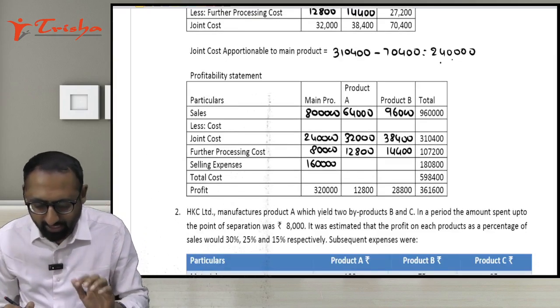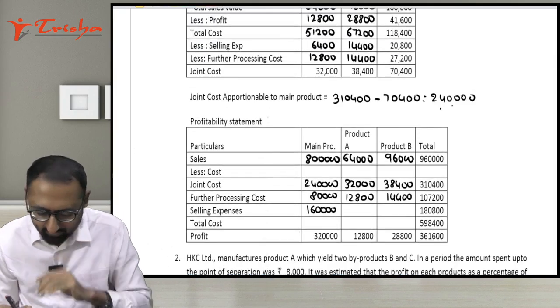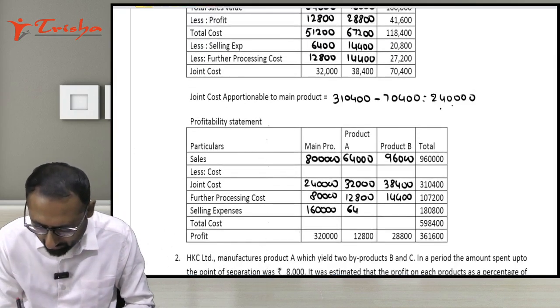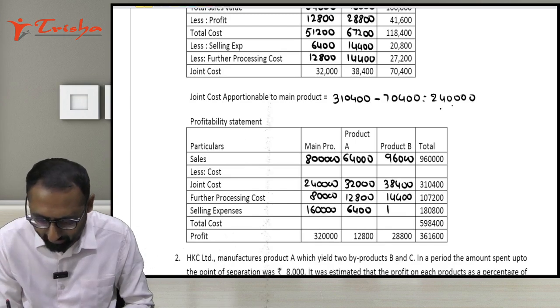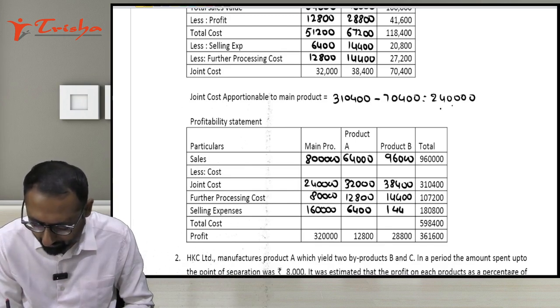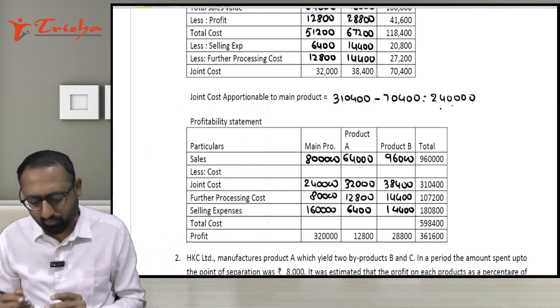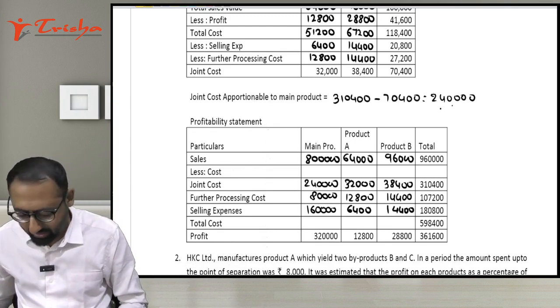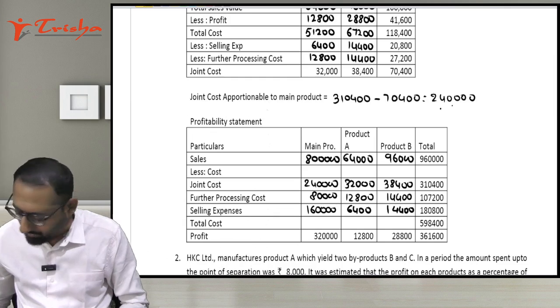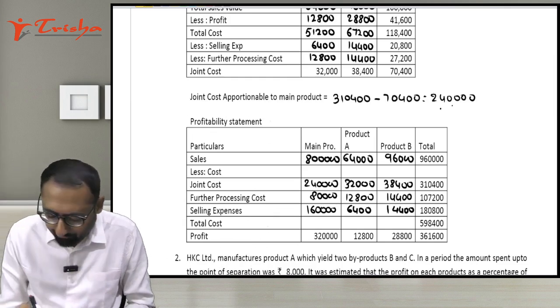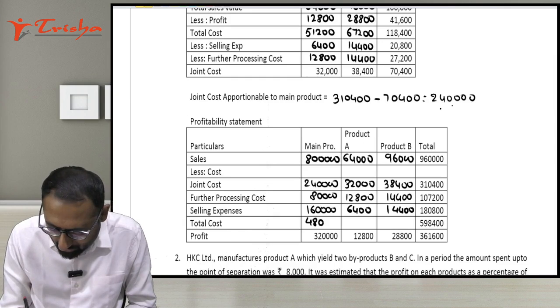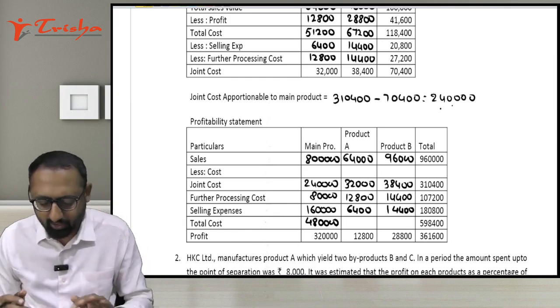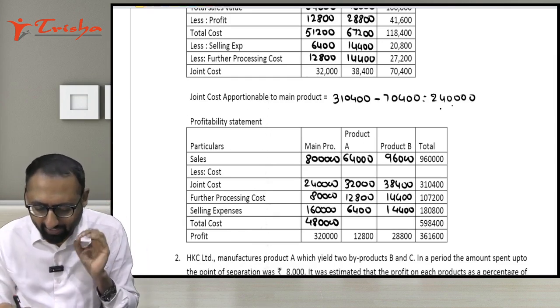Then for product A, selling expenses given are 6,400 and 14,400, I think so, right? So now let's take the total cost: 2,40,000 plus 80,000 plus 1,60,000. 4,80,000 is your total cost of the main product. Then the byproduct total cost we have already calculated: